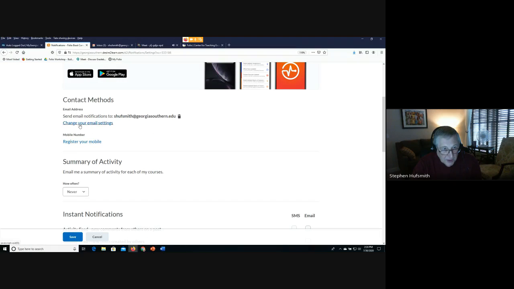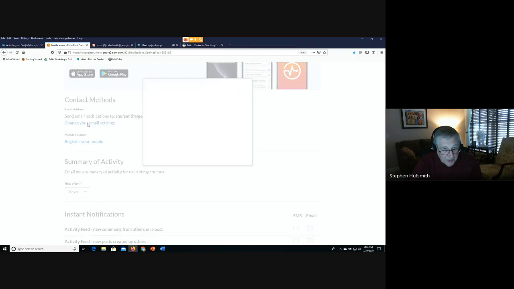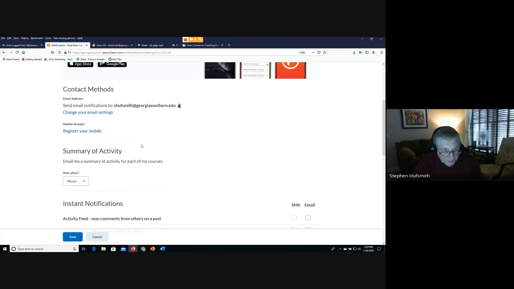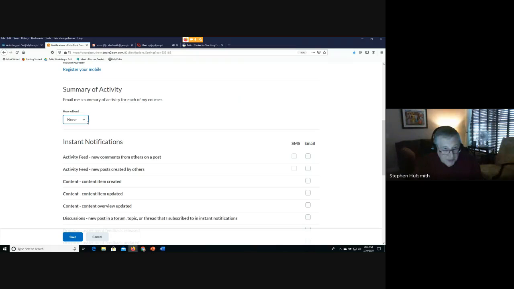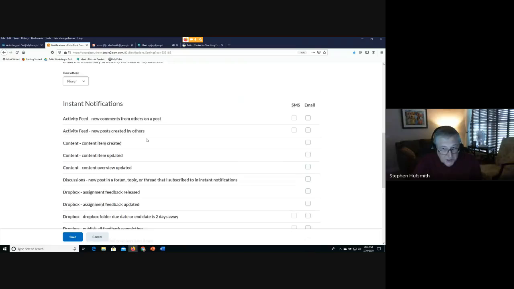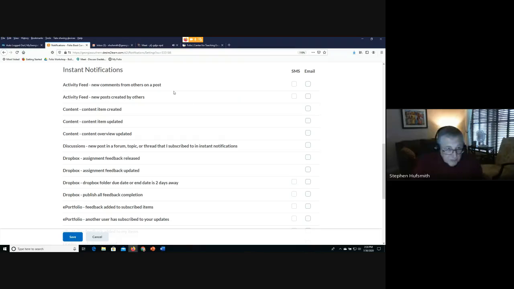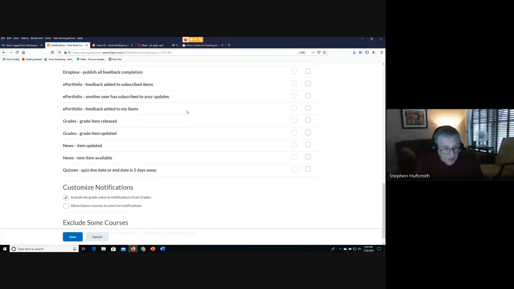Again, so you can choose to have your notifications sent. Here I have it to my Georgia Southern account. You can choose a different email account. Summary of activity. I have it set for never, so it sends an activity. But here you can choose, and you can actually have students choose also